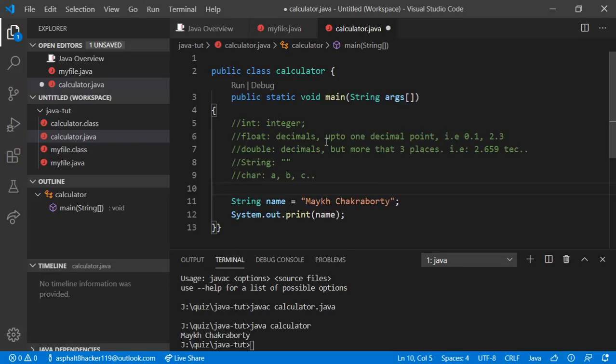Now let's talk about comments. What are comments? If you want to review something, but you don't want the main content to be changed, you simply comment on it. Similarly, in Java, we have two types of comments. One is the single line comment, a double slash, that is a comment,